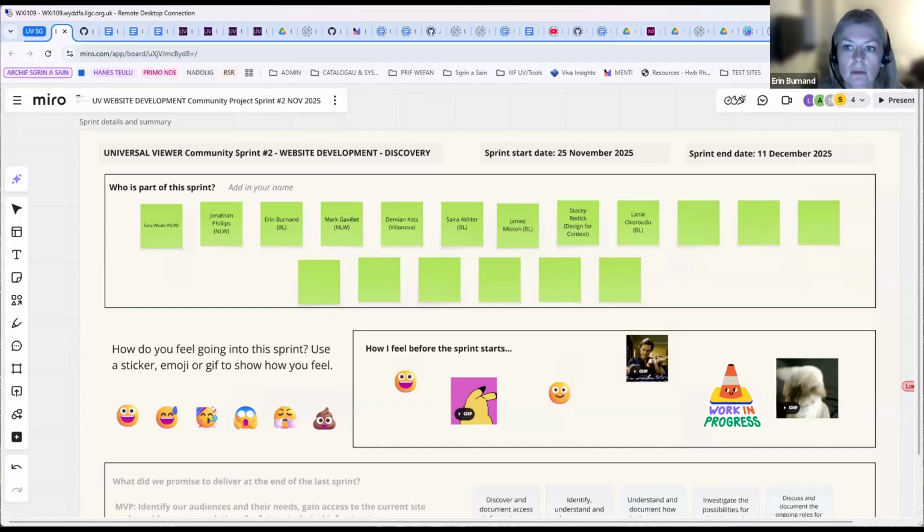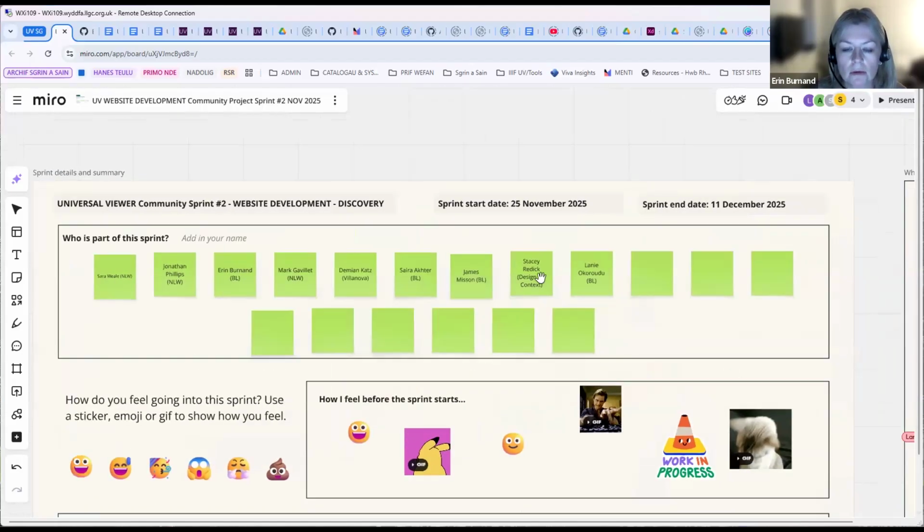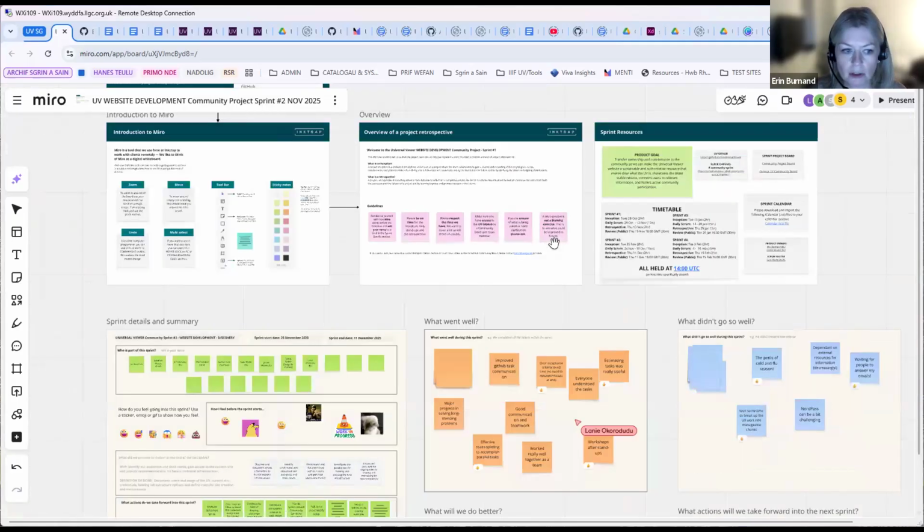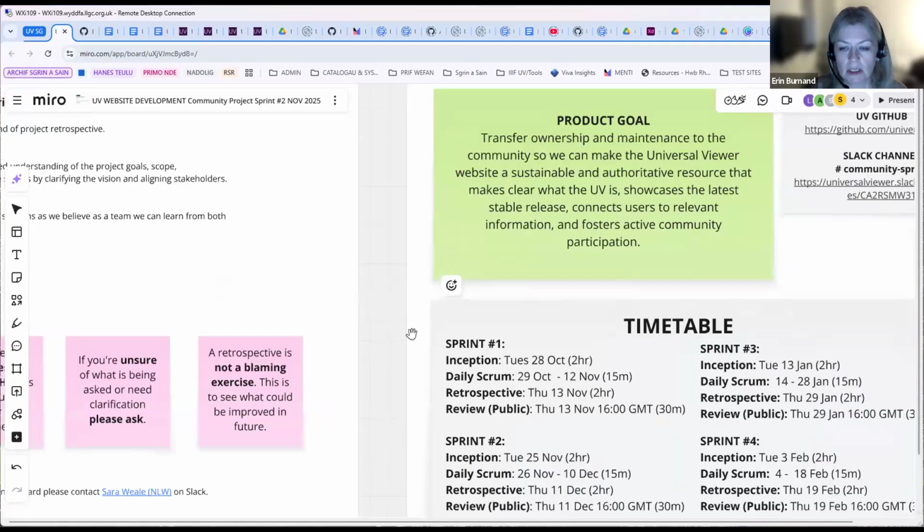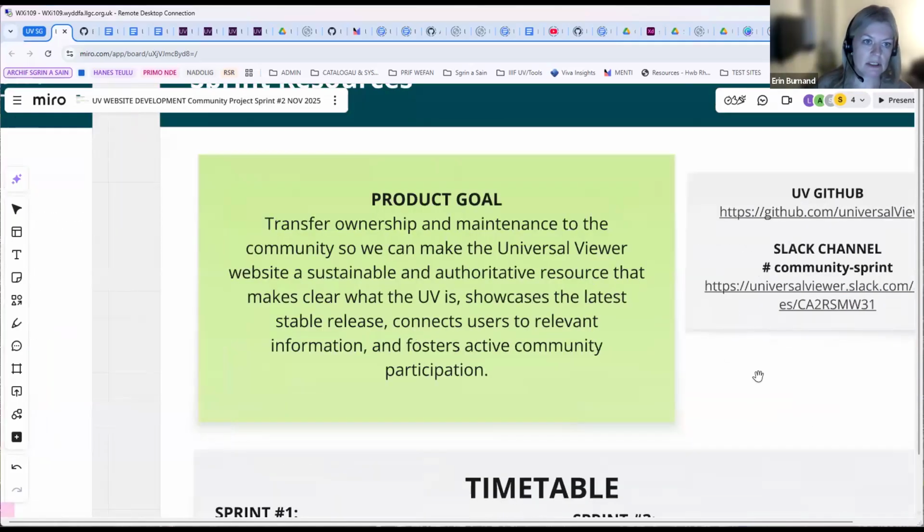I'll just try and find, can you go over to the product goal, Sarah? Remind me of the product goal. So when we started off in our sprint inception, right back at the first sprint, our product goal was to transfer ownership and maintenance to the community so we can make the Universal Viewer website a sustainable, authoritative resource that makes clear what the UV is, showcases the latest stable release, connects users to relevant information, and fosters active